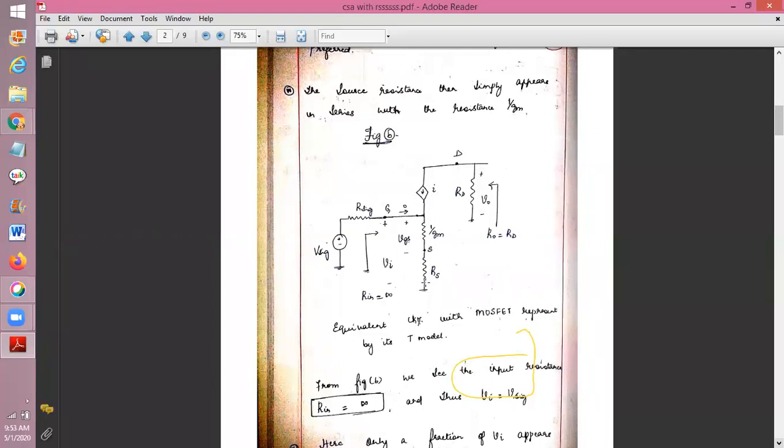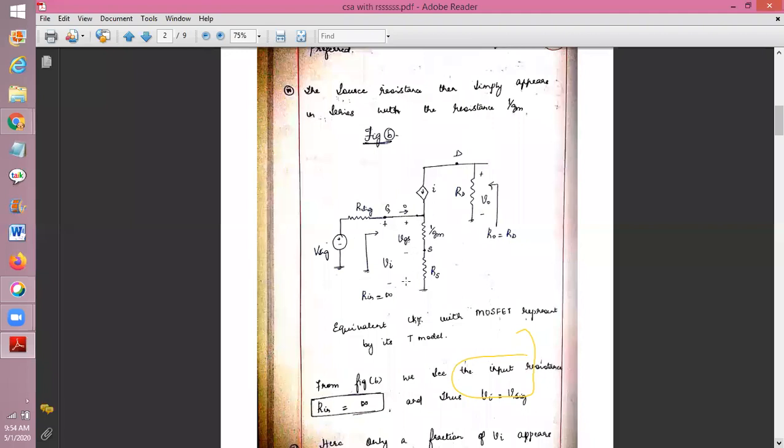So now I want to find V0 is equal to minus ID into RD. So ID remains the same. If I find the current flowing here, the same current will be this one. So this is equal to this current. Understood, Shreyas? Yes, ma'am. The current through 1 by Gm plus Rs is the same as this I. Will you agree with that? Yes, ma'am, because what is coming from this side is 0, so I plus 0 is I. Yes. Okay. So how to find this total I?